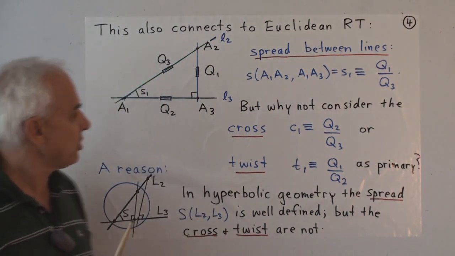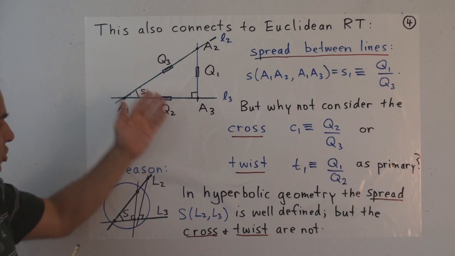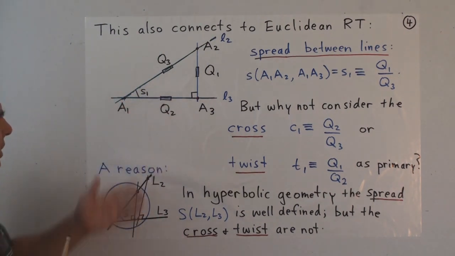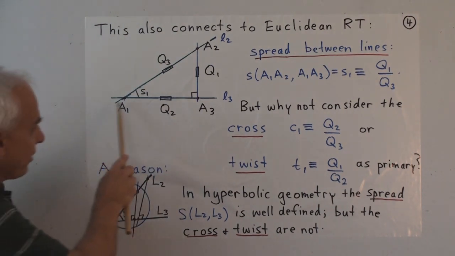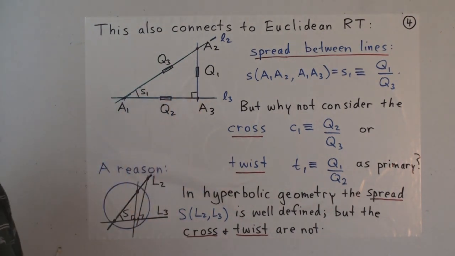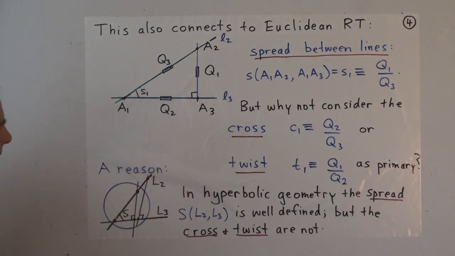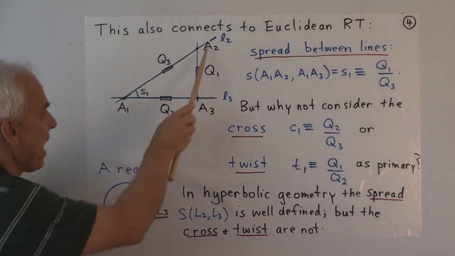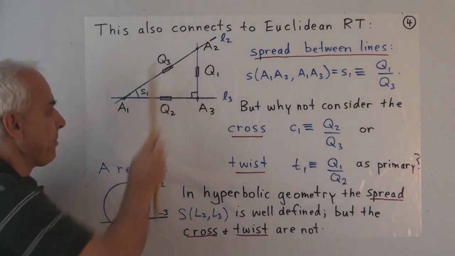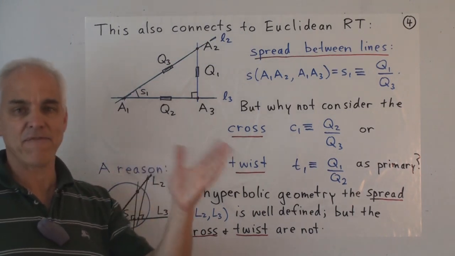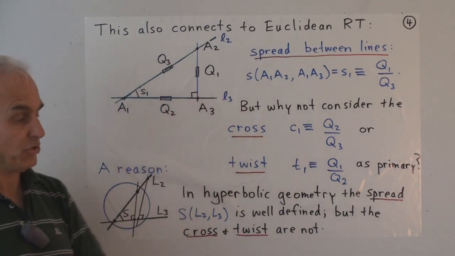So in Euclidean geometry, this is just a small diversion here on this page. Let's suppose we're in the Euclidean situation. Here's a triangle, and it's a right triangle. So these two lines are perpendicular in the usual sense. And notice that the points have capitals and the quadrants have capitals and the lines are small, alerting us to the fact that we're in the affine situation here, not in the projective situation.